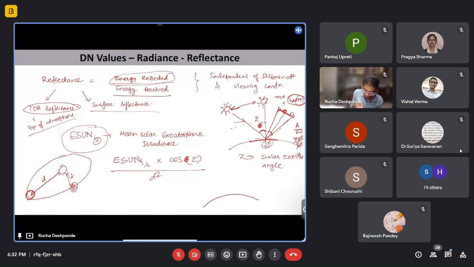So with all these corrections, our reflectance formula becomes pi into L lambda upon